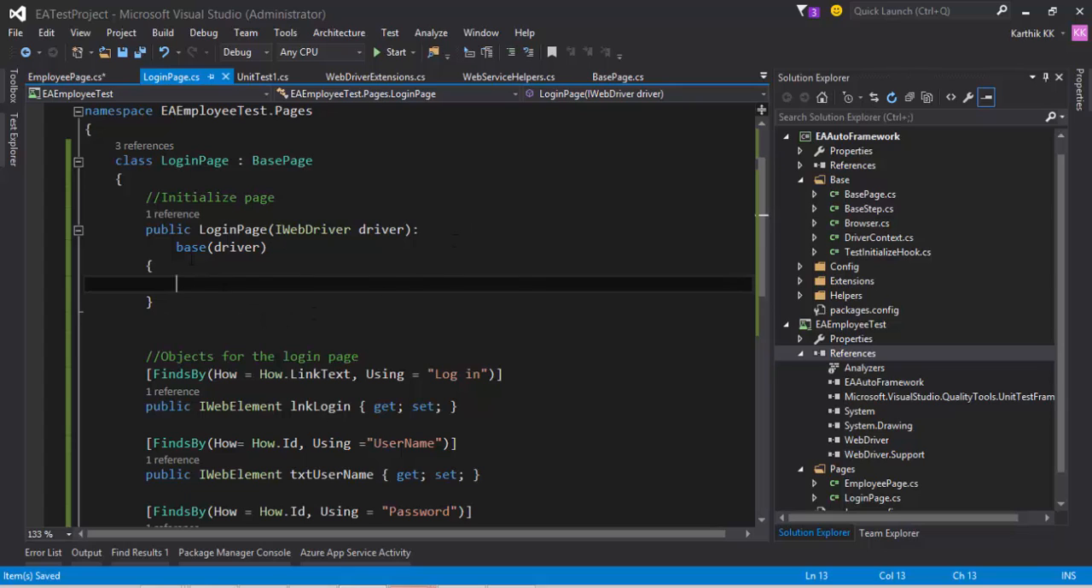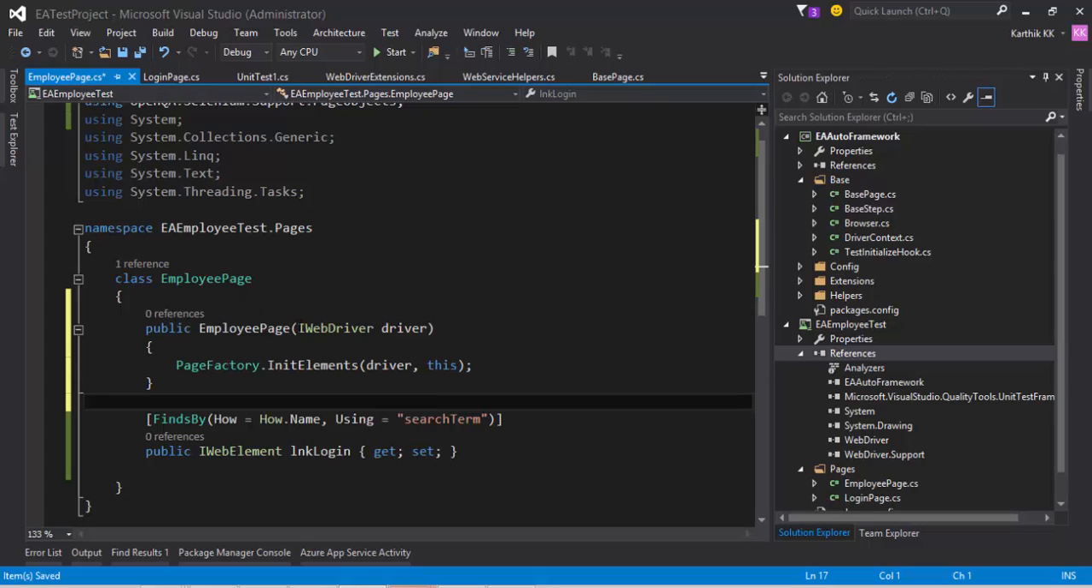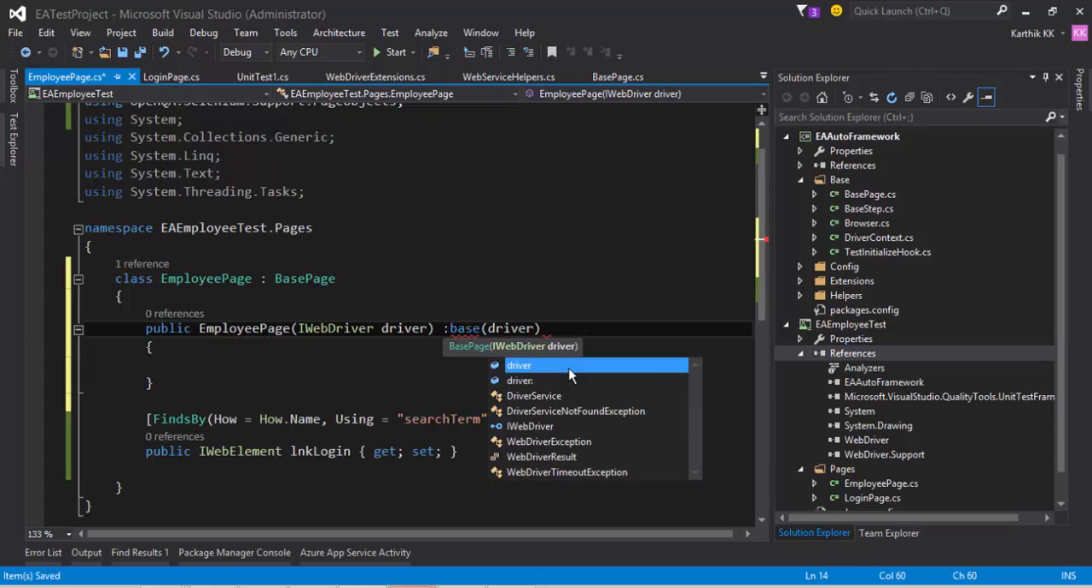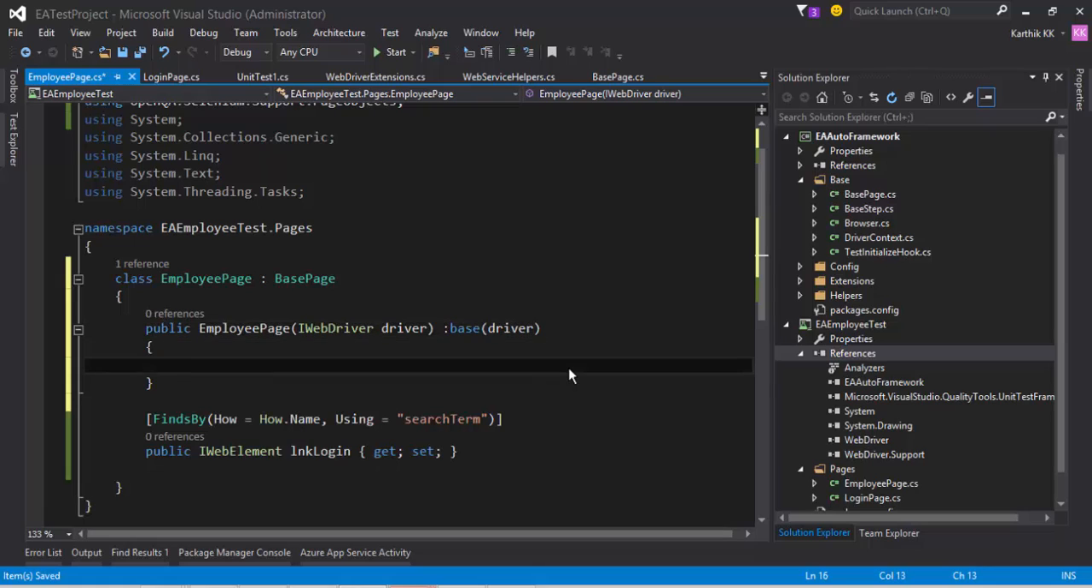So as you can see, my initialize page does not have any page initialize here, but still I am passing the driver, and that's the reason that I need to write this constructor. And the same thing happens for this employee page as well. I don't have to do this PageFactory.InitElements anymore because it is being taken care of by the base page of my framework, but I need to pass base of driver. The reason is I need to pass the WebDriver in here,